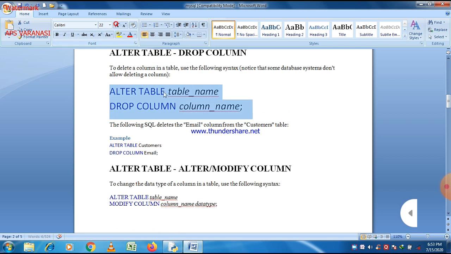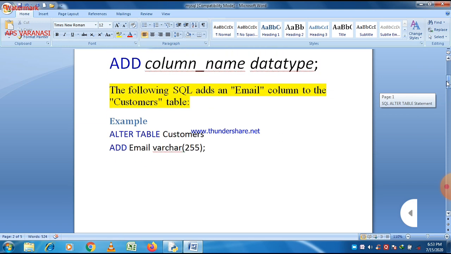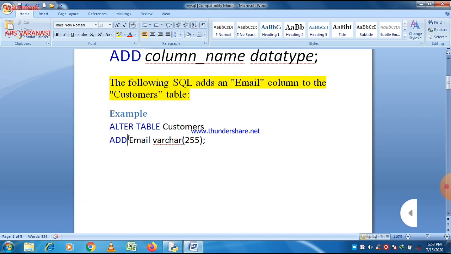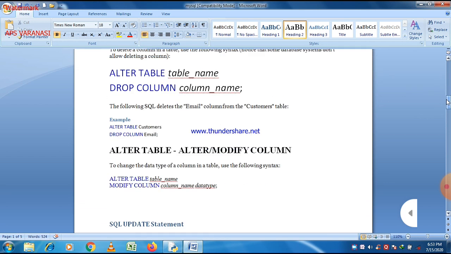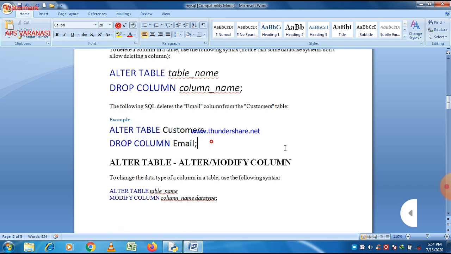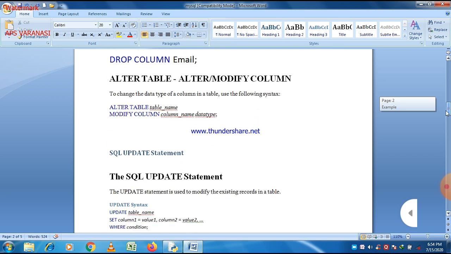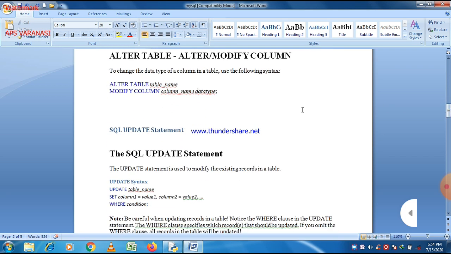Remember to use the keywords drop column. With add we just simply write add, but when we apply drop, we write drop column, because drop itself is a keyword used to drop or delete a table permanently in MySQL. Here is a small example. The name of the table is customers, and you apply drop column, so the column will be dropped.